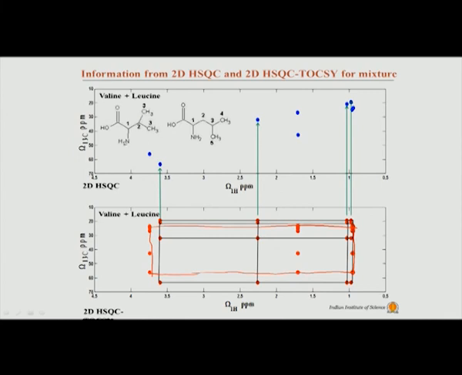So, we do not need more than TOCSY and HSQC to identify. Of course, suppose I have a completely new molecule, then I will not be able to figure it out just from these spectra, I would need additional data. But if I have a known molecule, meaning I do not know exactly which molecule, but I know that it has to be one of n number of molecules in my list, then which molecule it is can be figured out by simply identifying the spin system based on TOCSY.